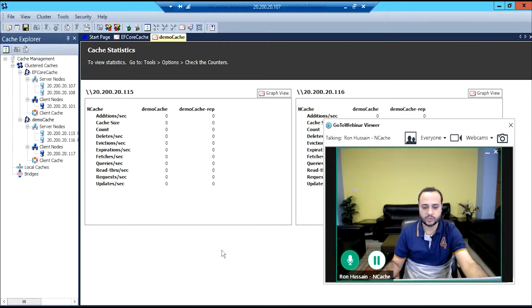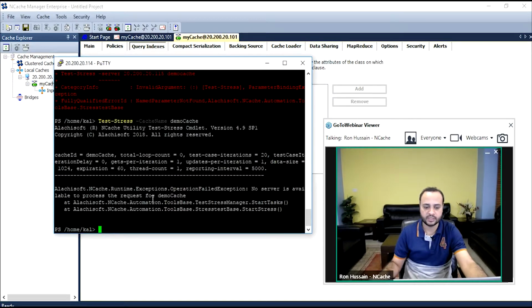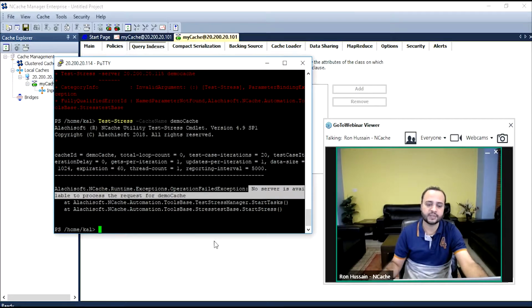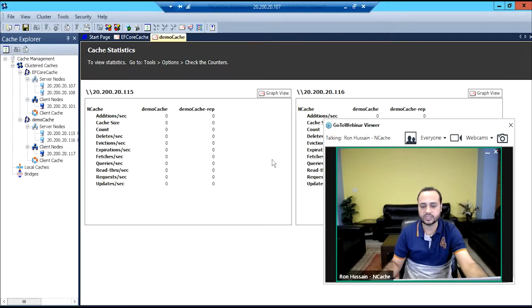Anyways, so this is how you would test it. Since I haven't used the Linux environment as yet, I'm having difficulty. Maybe it's pointing to another environment and it's saying no server is available to process the request. So it could be a firewall issue, but anyways, this is how you monitor the Linux-based cache cluster